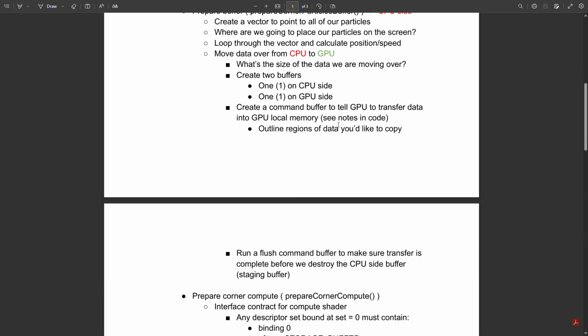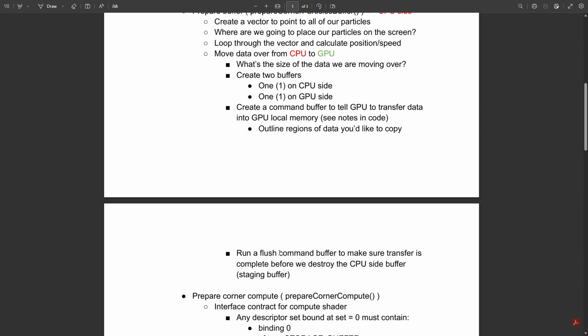So outline regions of data you'd like to copy, right? What is a region of data on the CPU side that you would like to copy into the GPU side? There's regions of data on CPU side and regions of data on GPU side, and basically you start from zero to the end of data on CPU side, and you start from zero to end of data on GPU side, right? Run a flush command buffer to make sure transfer is complete before we destroy the CPU side buffer,